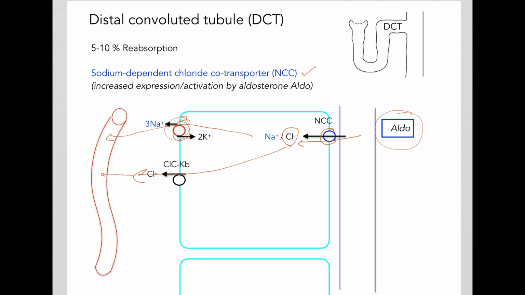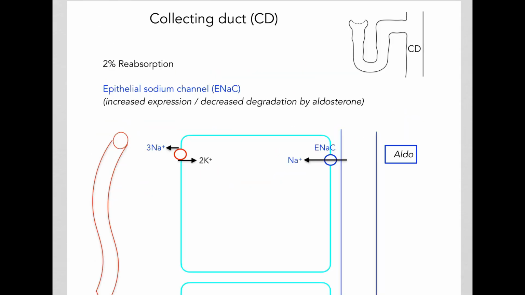Note that aldosterone plays a very important role here. Aldosterone actually increases the expression as well as activation of this NCC, and therefore aldosterone enhances sodium reabsorption from the distal convoluted tubule. In the collecting duct, one of the major proteins that helps in the reabsorption of sodium is